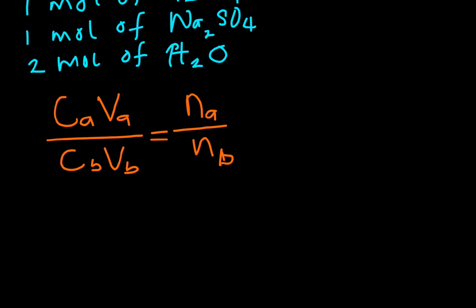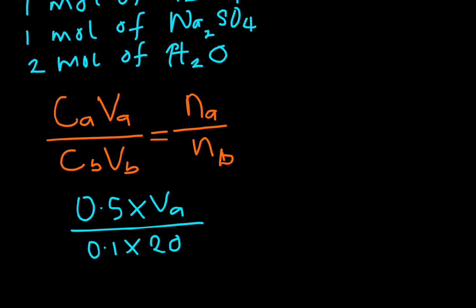Next is to plug in our data, and in plugging in our data, we should recall that we are asked to find the volume of the acid. So we're given 0.5, that's the molar concentration of the acid, times Va, which we don't know, over the molar concentration of the base, which is 0.1, times the volume of the base, given to be 20 cm³, equals